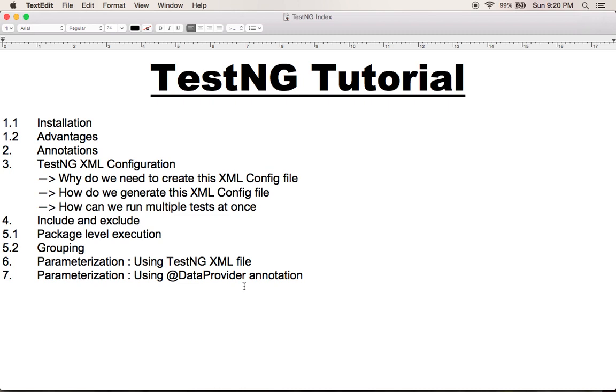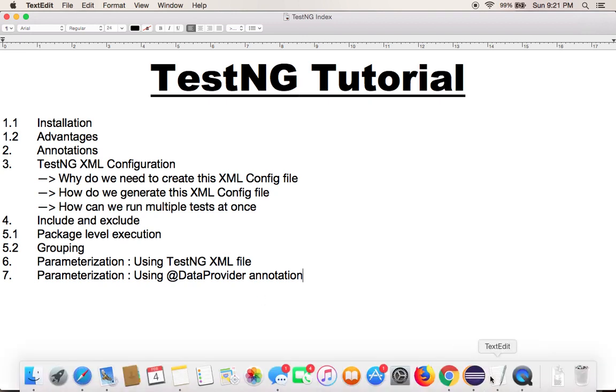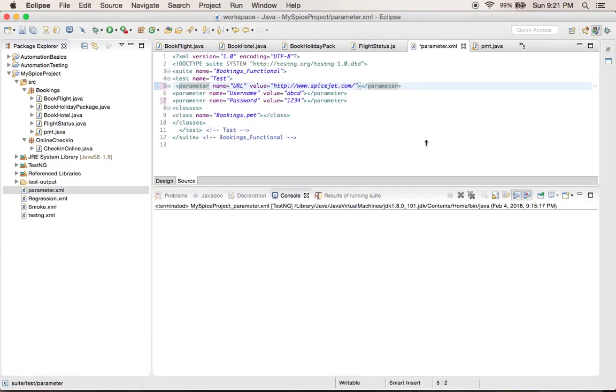But there will be some specific scenarios where you want to run a program for different sets of data, and you know that will be limited only to a class. In that case you don't want to drive it through the config file. You want to define your own parameters which are specific to that particular class, not for every other class. That can be done using the data provider annotation. Very important concept. So I'm going back to Eclipse and starting from where we stopped yesterday.